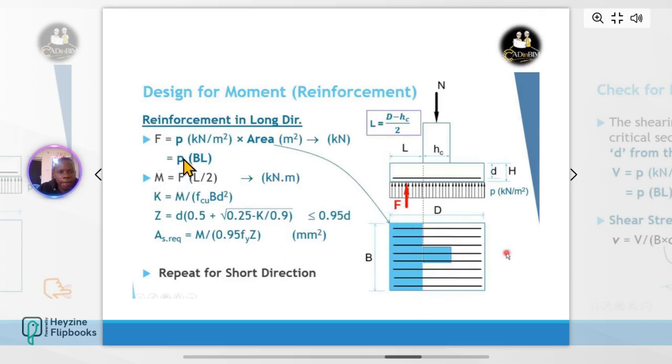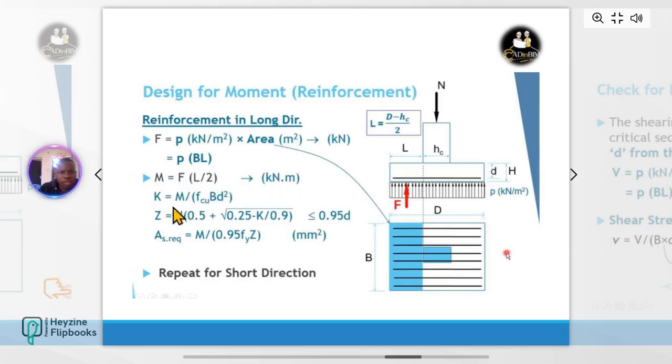So that's P B L. What's B here? This is our B and this is our L. And how do you get L? L is given by D minus H, that's the size of the column, over 2. So this is how you calculate your force, and then for the moment it's FL over 2, and you get